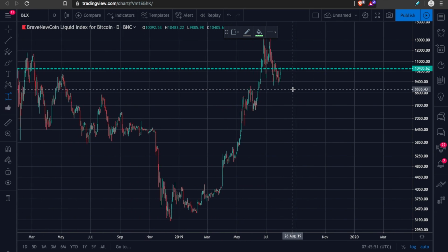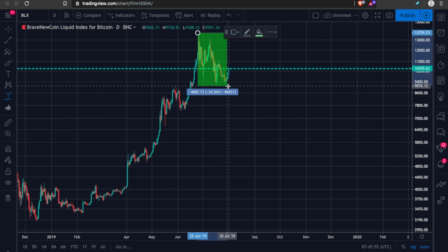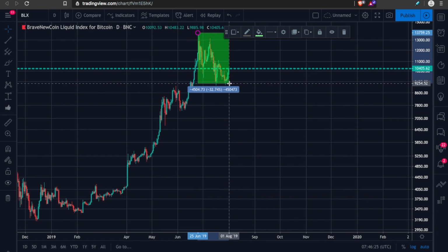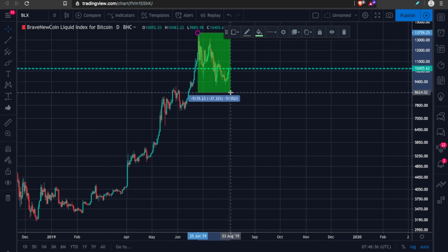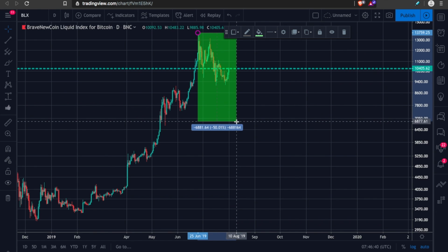But if we look at where we are now, let's see. Wow. Look at that. That puts us right at a 33% correction. Of course, now we're a little up coming off this bounce. But if history repeats itself, which obviously no guarantees that it would, and by the way, I'm not a financial advisor, just a crypto enthusiast, but if we were to correct, let's say we broke all odds and we went 50% down, that would take us to about